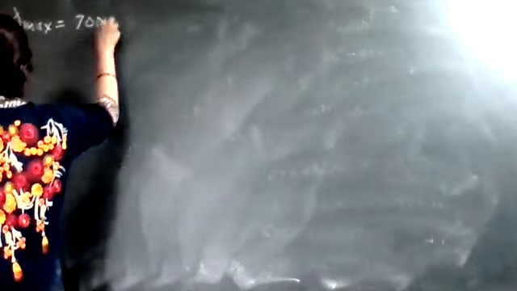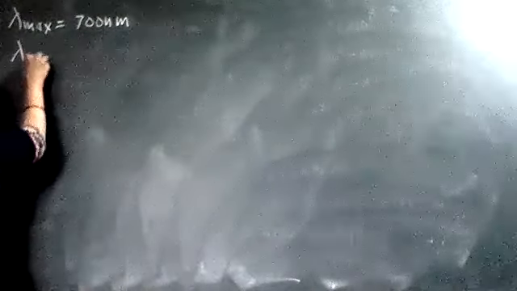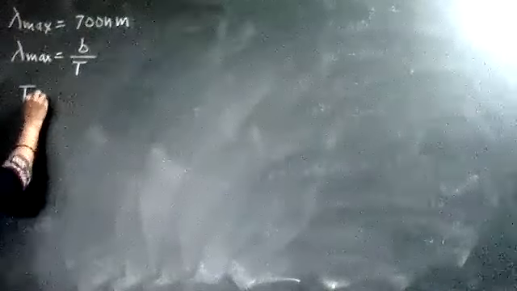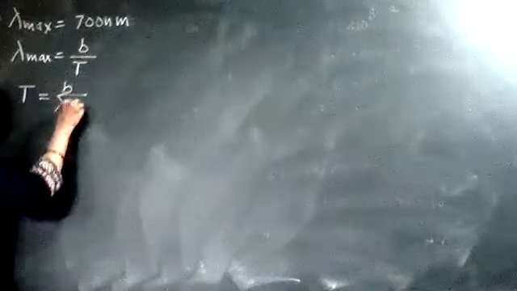So first you have given lambda max. This lambda max you have given in the A section, 700 nanometer. So for that, I will use the Wien's displacement law. What is your Wien's displacement law? Your Wien's displacement law says that your T max is equal to b upon lambda, where b is nothing but your Wien's displacement constant, which is given. So I say here, I will first find out this temperature. T is equal to b upon lambda max.